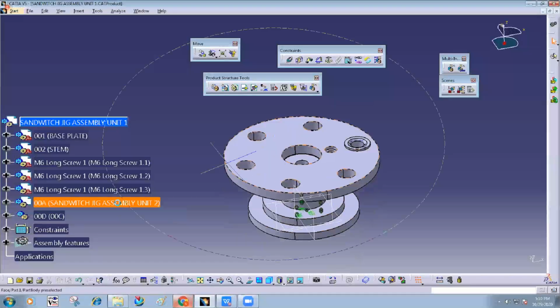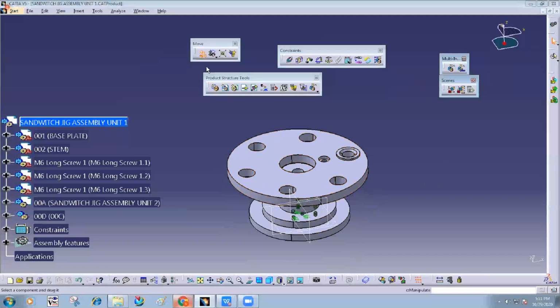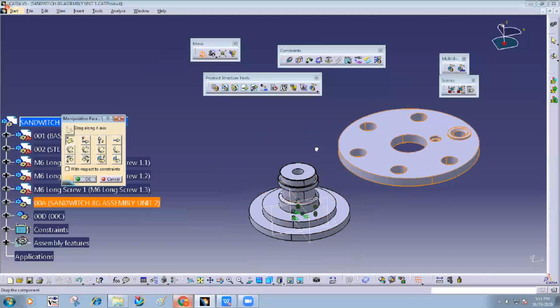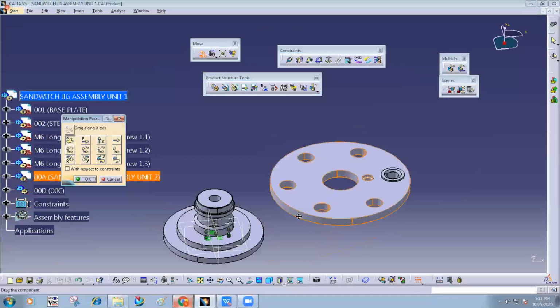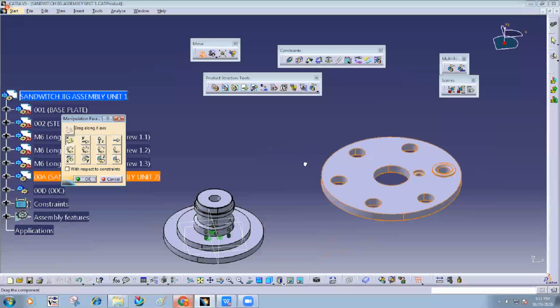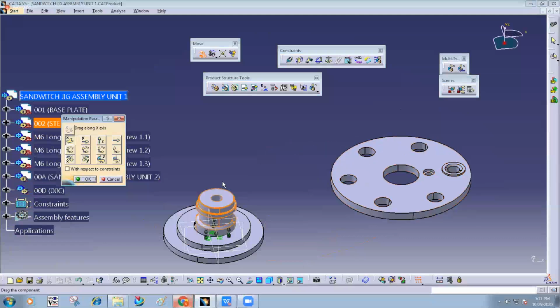Now there are two units. If you try to move this part separately, what is happening here? I'll move this part also.